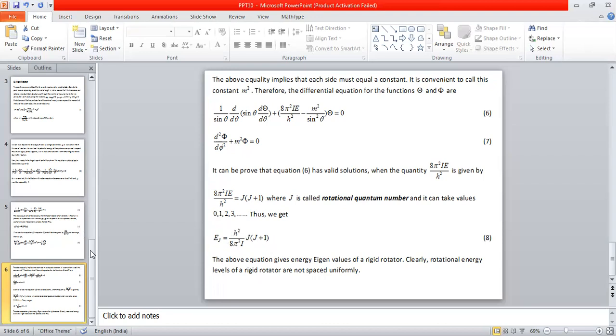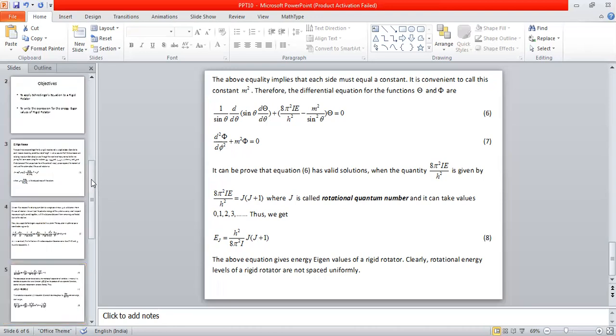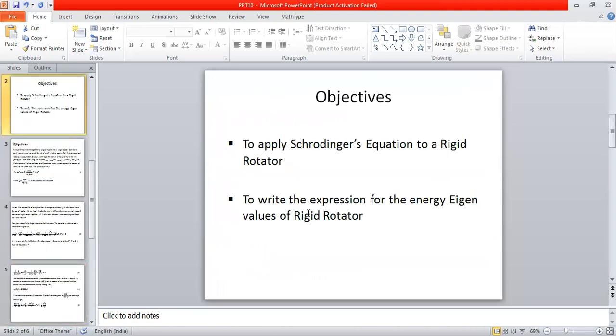So let me come back to my objectives. We discussed one more application of the Schrodinger equation, to a system called the rigid rotator. We assumed that the rigid rotator is a system consisting of two particles which are separated by a constant distance. Although this is not rigorous, anyhow, for